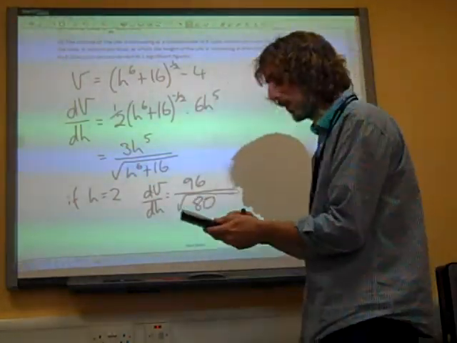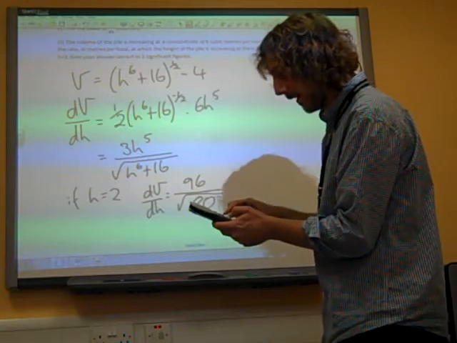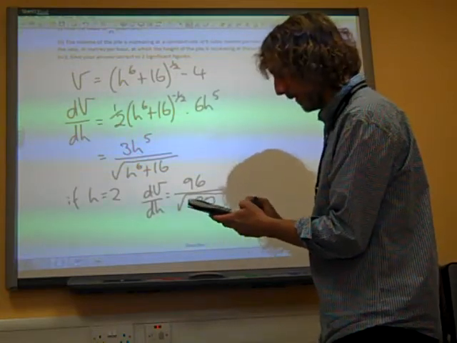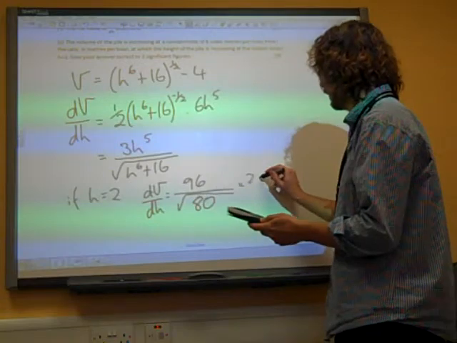Go straight to the calculator and cheat. Root 80 on the bottom, we've got 24 root